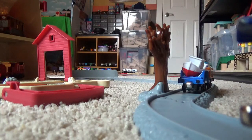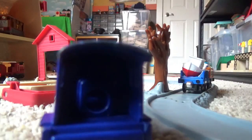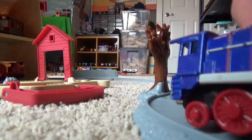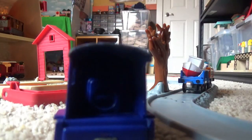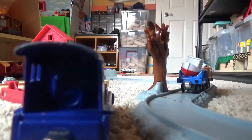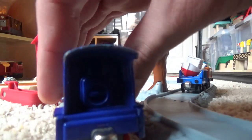The inside of the cabs on Take Along and Take and Play engines are hollow, so you can see their fireboxes and stuff, but there are no figures small enough to fit in there, unless you maybe had some capsule wind-up figures, like from the Capsule Play Rail range, these wind-up engines that featured very small figures. The only figure I have from that range is the Top Hat, but I'm not going to get him out right now to see if he can fit in there. But anyways,